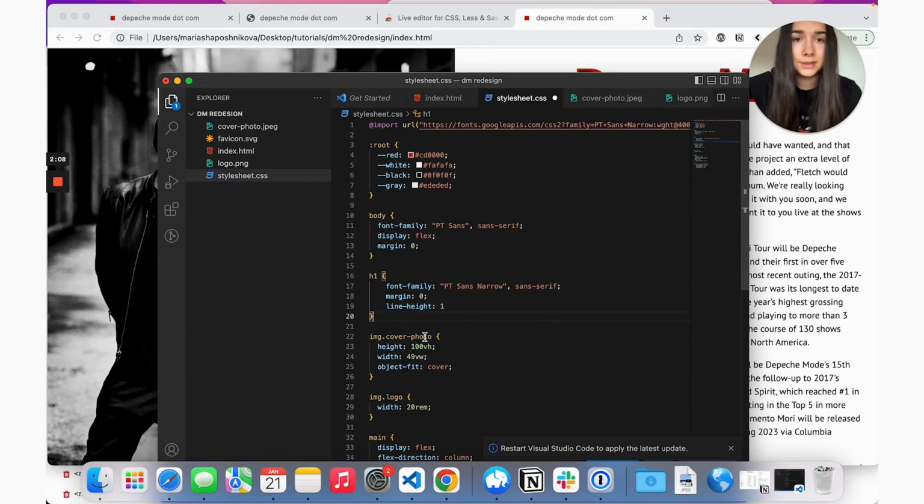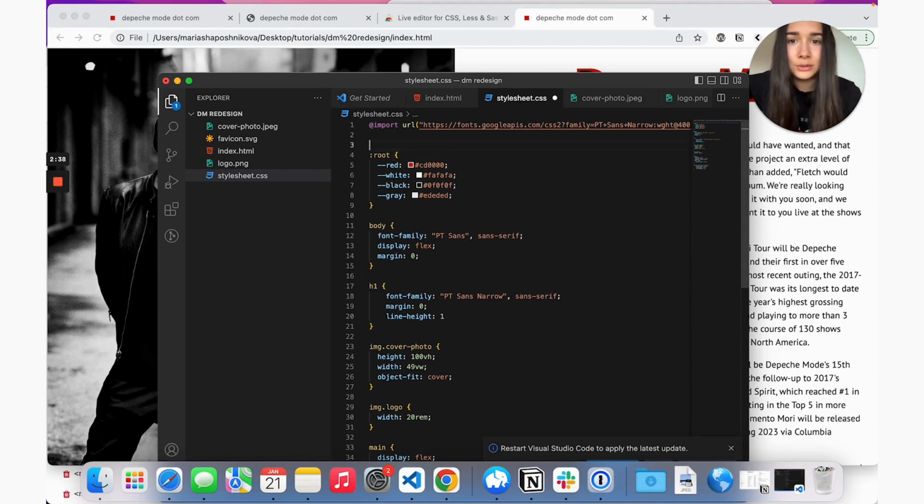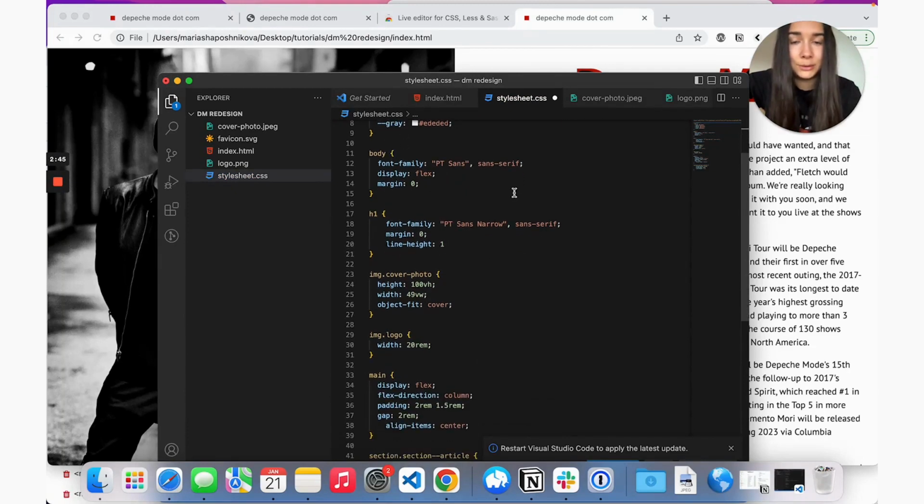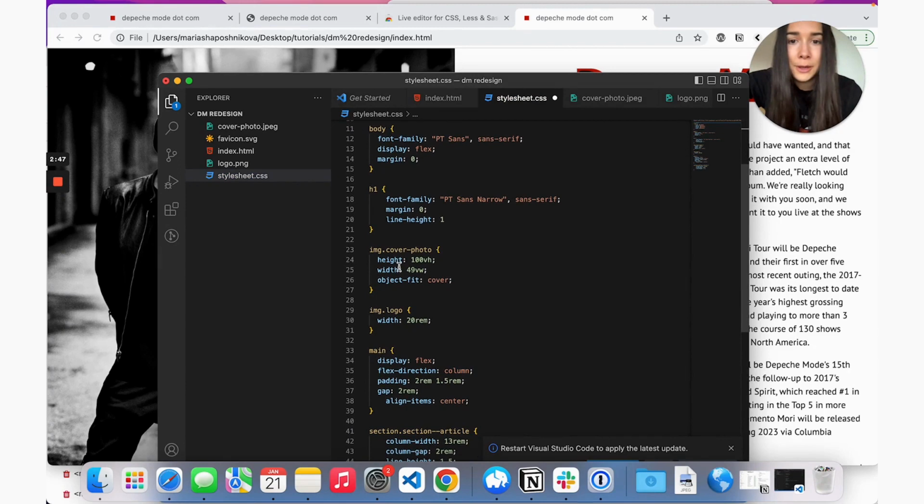For this small project, we'll only have maybe around 200 lines of CSS code. So what I like to do is add some sections inside the CSS file. But of course, once it starts to get larger, you can and you should break it into separate files. Here, I'll have a general section, which is everything that's more or less universal, applies to the entire file.